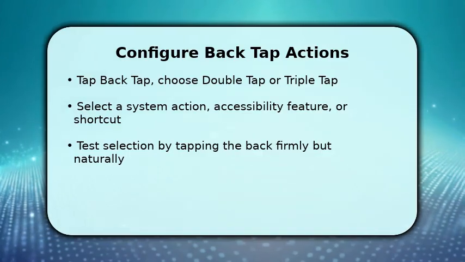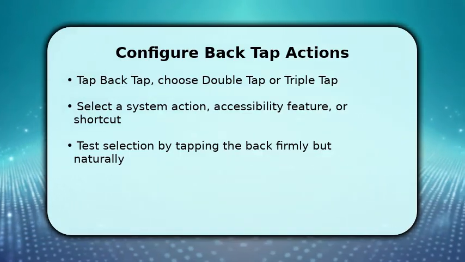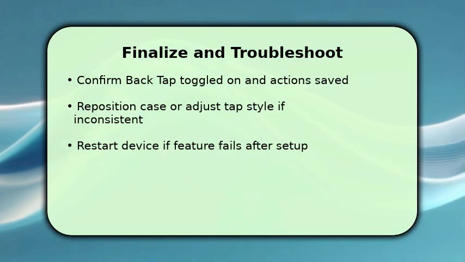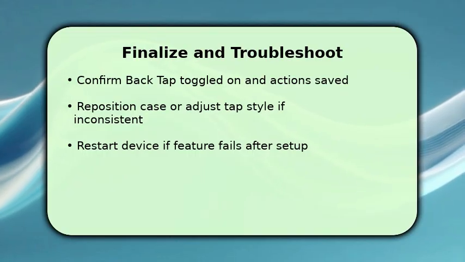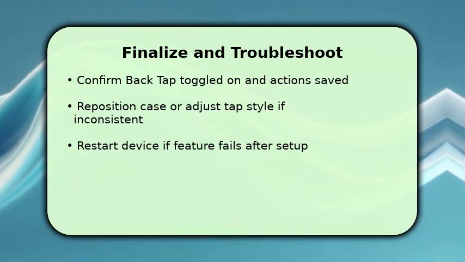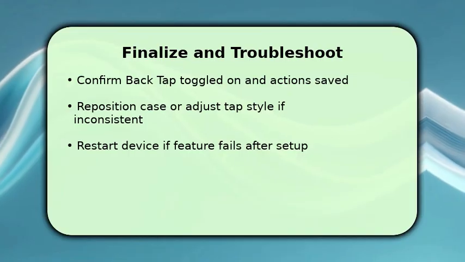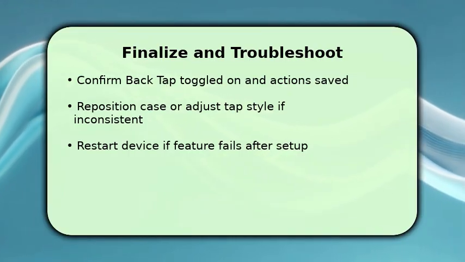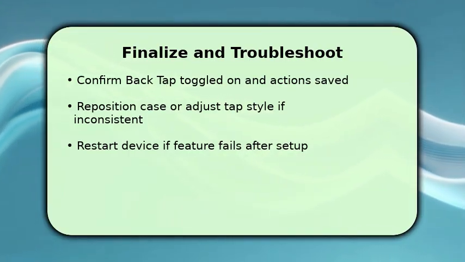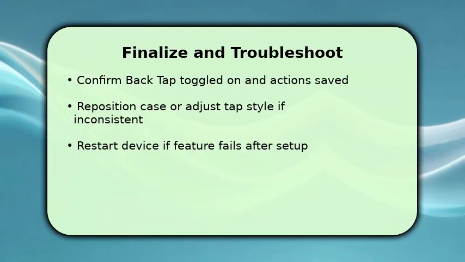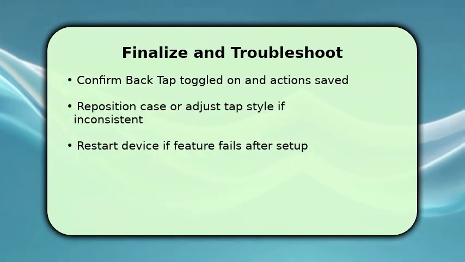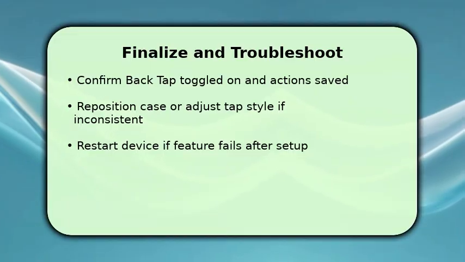You finish by confirming back tap is set and the chosen actions are saved, because unsaved changes won't work. If taps are inconsistent, try removing or repositioning the case and adjust how you tap. Firm and near the center of the back usually helps, since cases and grip change sensitivity. If the feature still fails, restart your iPhone to clear temporary glitches and make sure iOS is up to date. A reboot often resolves recognition problems and restores